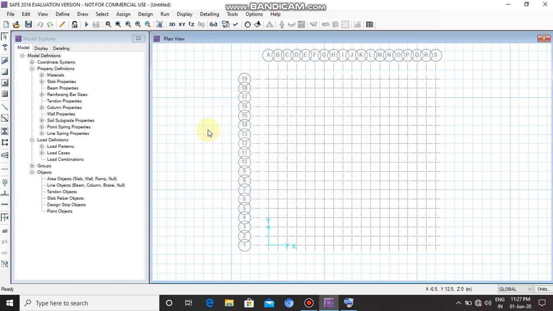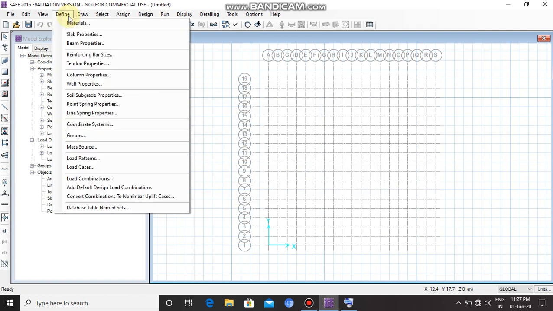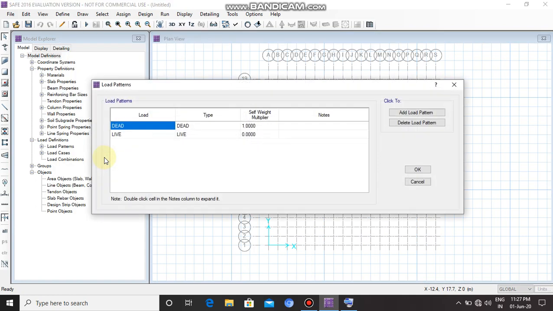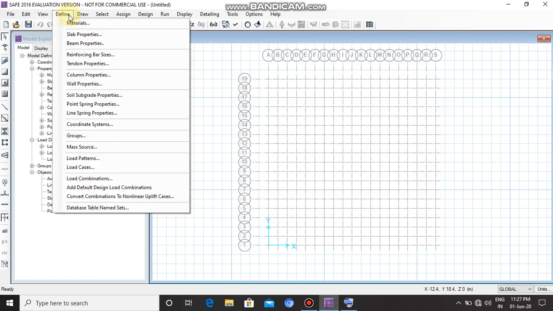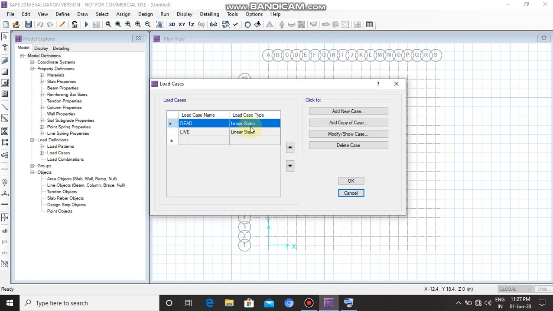Then again for load patterns, load cases, let's go to define load patterns. Dead load, live load is already there. So click on OK. Let's go to define again. Select load cases. These are in linear static. So click on OK.